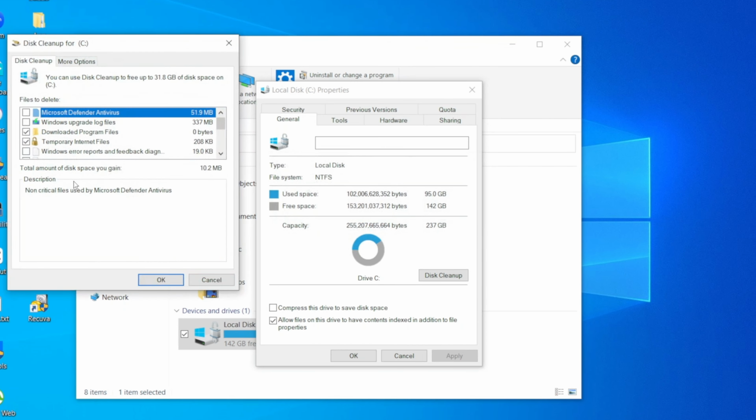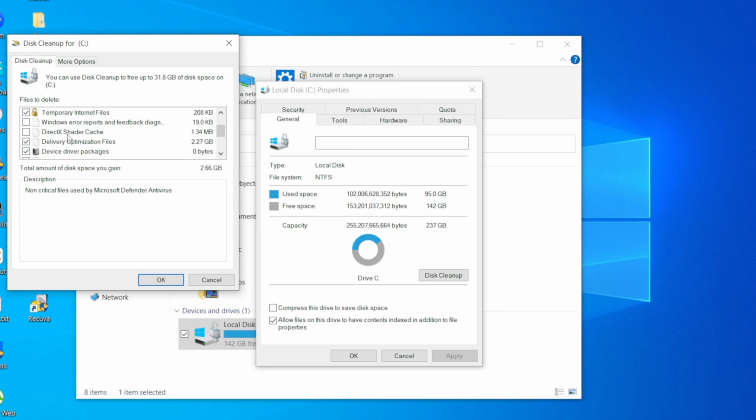After the whole process, it came up with this stuff here. As you can see, I'm just going to check on Windows upgrade log files. I'm going to check on this one here. Scroll down. I'm going to check on delivery optimization files. Is that 2 GB? Wow.